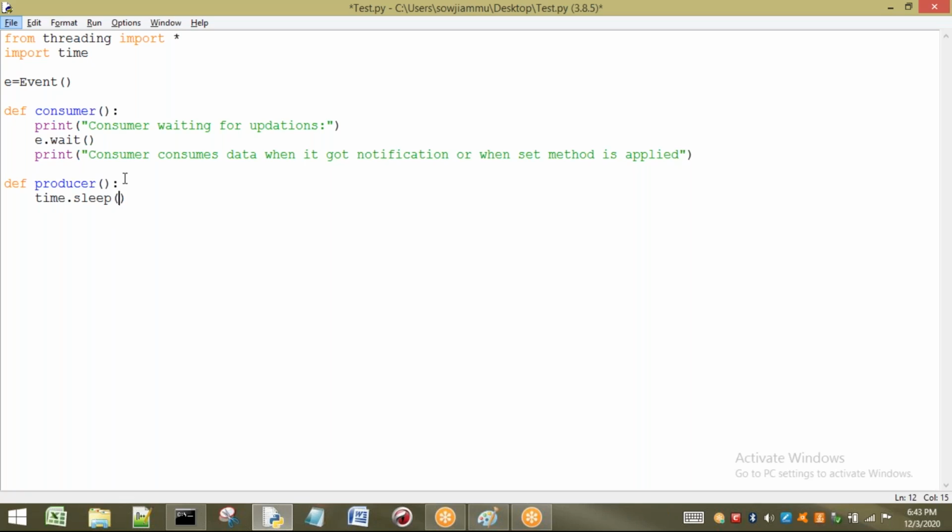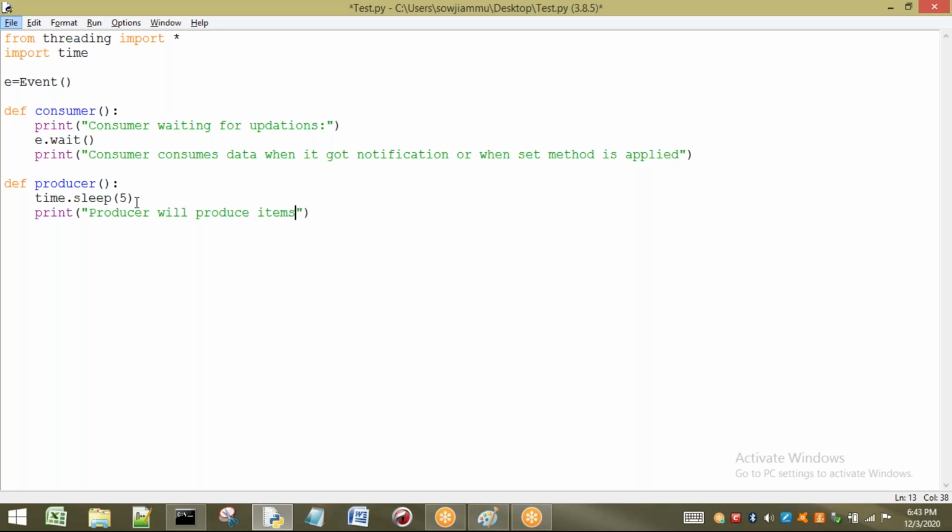Time.sleep, I will take some 5 seconds, so that the consumer method is executed first and its first statement is printed, and it will wait for E. Now the producer is sleeping for some time. Then the producer is going to produce the items.